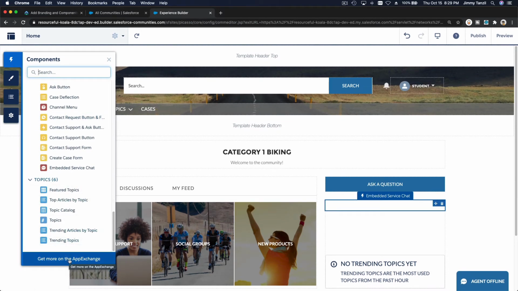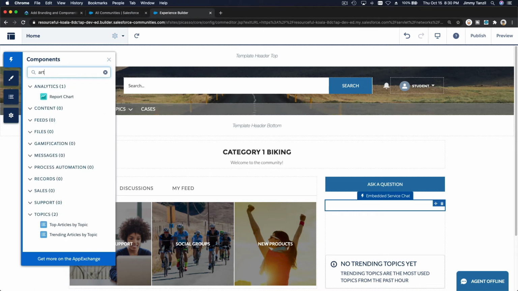App Exchange. So if you want to add stuff that is fancy and you don't see it here, you can search the App Exchange if other developers have created apps specifically for the community cloud, and you can click here, find it, and add it to your community cloud. All right, we are going to look for article, right? Topic article,